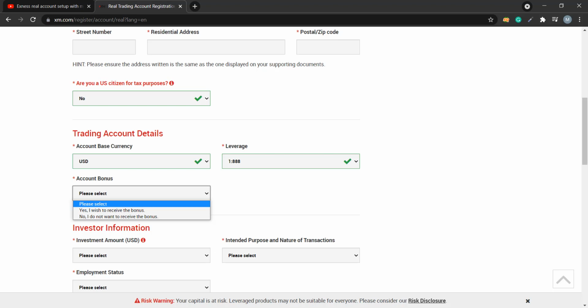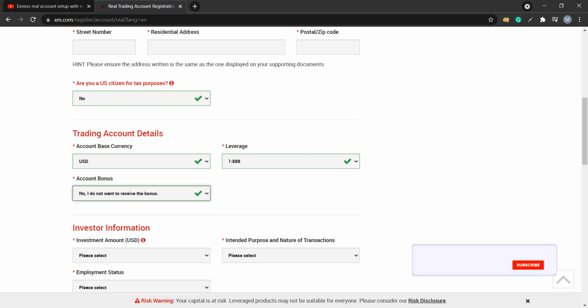I don't suggest any bonus option, because if any broker gives you a bonus, it must be to the broker's benefit. They give you some conditions at a higher level before you can withdraw the bonus. Otherwise, the system is totally painful. That's why I don't suggest anyone select the bonus option. You can trade with your real money. This will be better. As a trader, I suggest you don't select any bonus option.